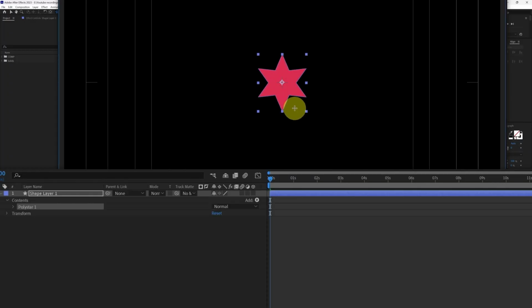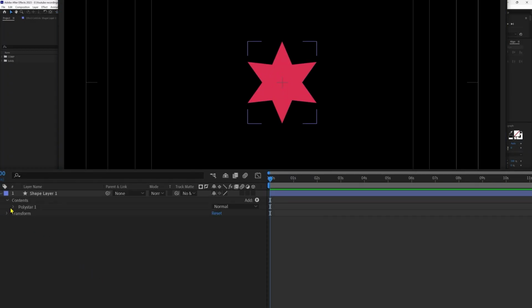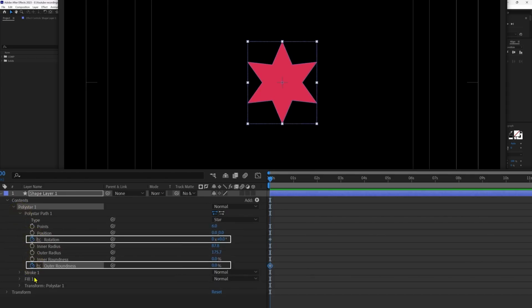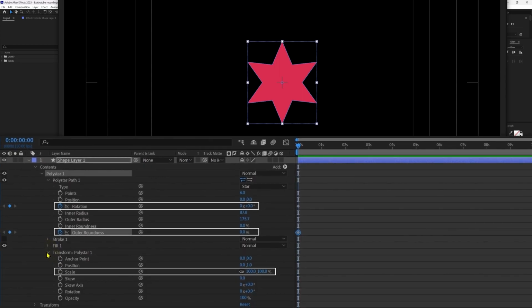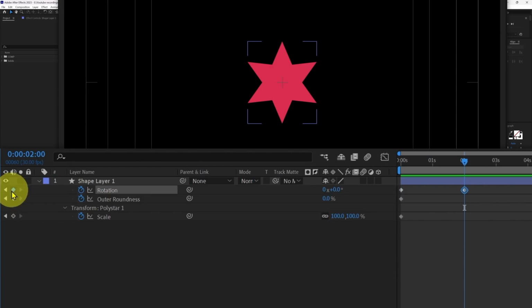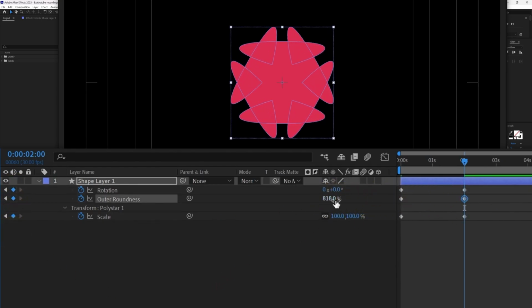Let's add a star shape inside polyester 1, then inside polyester path, add a keyframe on rotation and on outer roundness. Then in transform polyester 1, add a keyframe on scale. Let's jump on to next 60 frame and add keyframe on all the 3 properties. Increase the outer roundness, so let's give it around